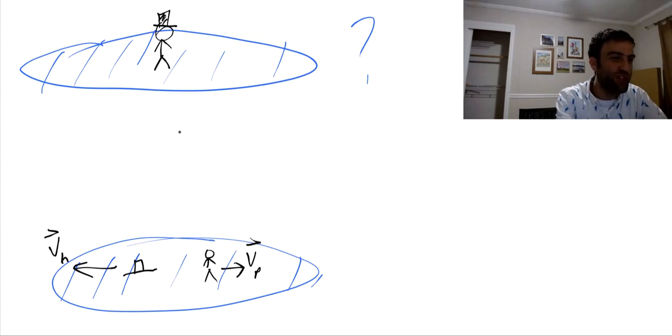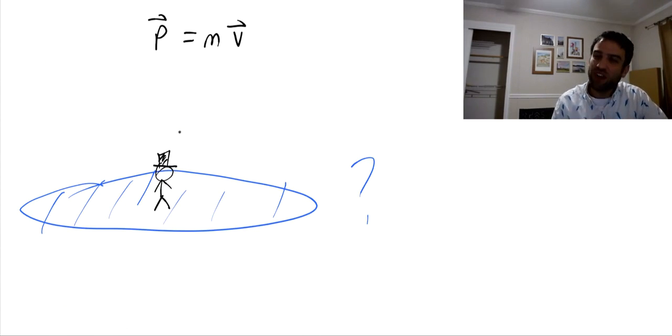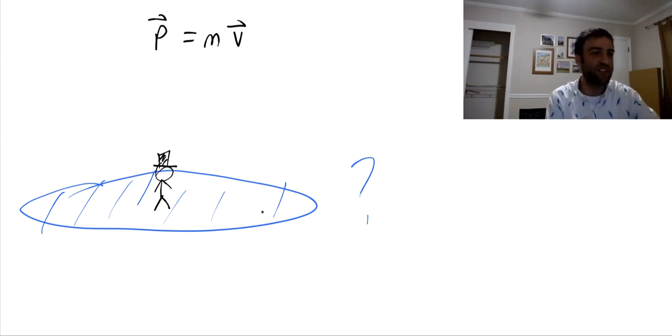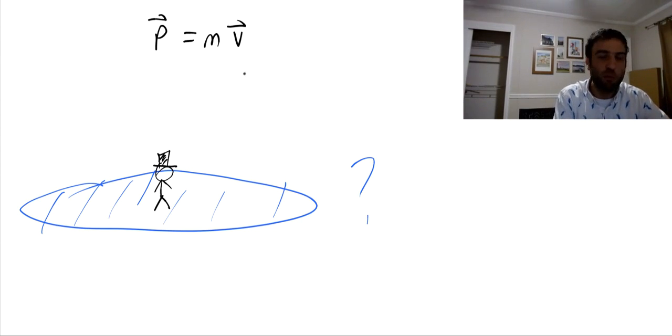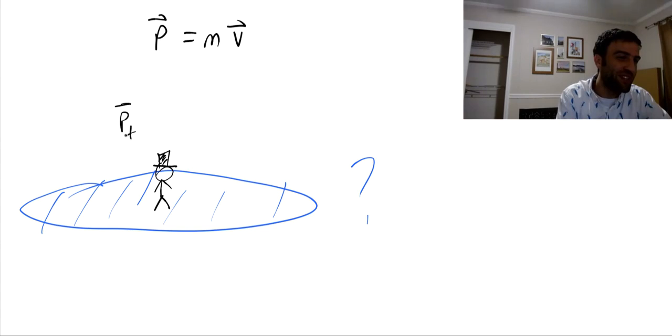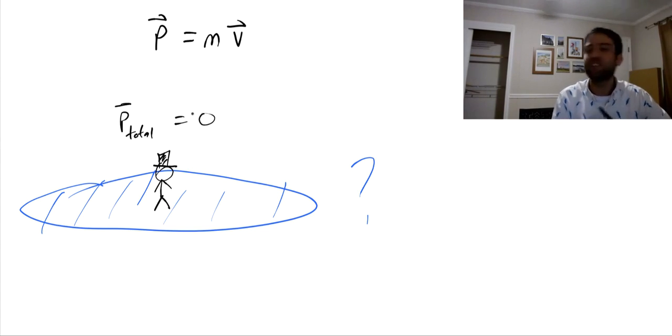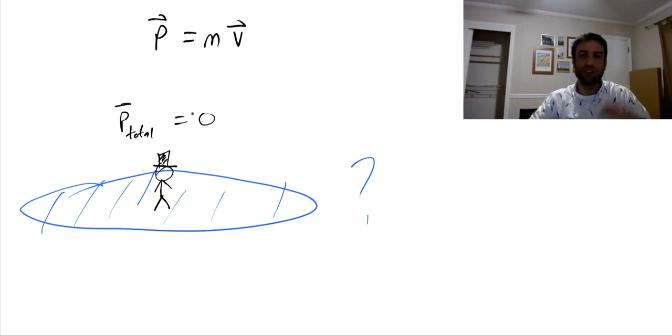Why does this strategy work in this frictionless environment? It's because linear momentum is conserved. So what's the linear momentum of the total system that I'm thinking about in this initial scenario? Well, the momentum of every piece of this scene is just its mass times its velocity, and nothing is moving. So the total momentum here, p total, is in fact 0. And since momentum is conserved, that means no matter what I do, the total momentum of the system is going